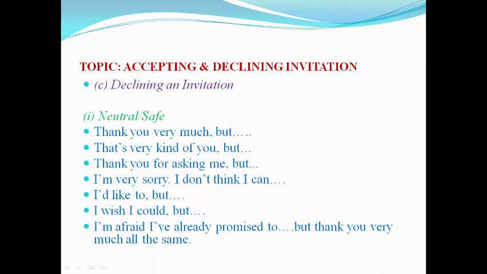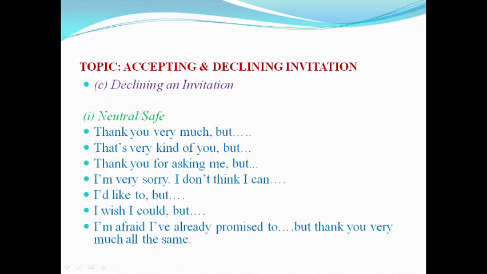The fourth expression of the neutral way of declining an invitation is, I would like to, but my dear friend, unfortunately, I'm out of station, or I'm under the cloud, my friend. I would like to, but I'm under the cloud, means I'm not well. Or during this pandemic, if you are really quarantined, I would like to, but I am quarantined, my dear friend, so I can't, please.